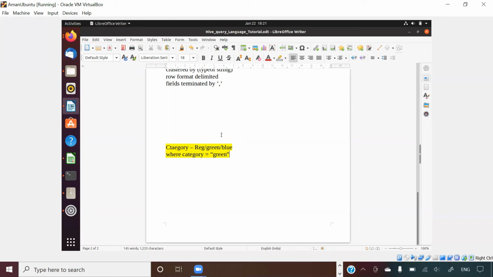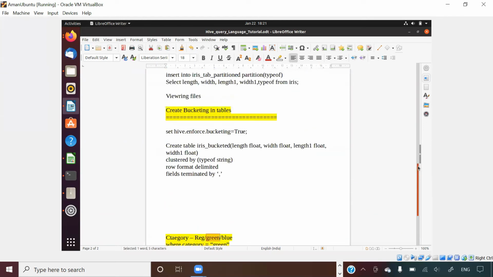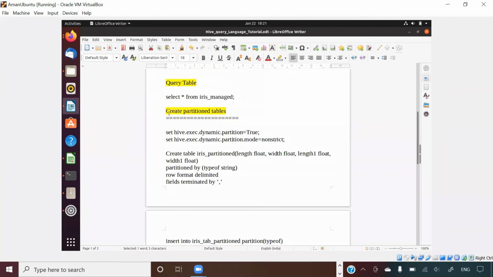So Hive is smart in a way that it supports partitioning. The use of partitioning is that while storing data, it will store red in one folder, green in one folder and blue in one folder. The moment it sees a where condition equal to green, it will not go into the other 2 folders. It will directly go to the green folder and fetch the data, which makes Hive really fast. How to create a partitioned table, we will see now. This concept is called partitioning.